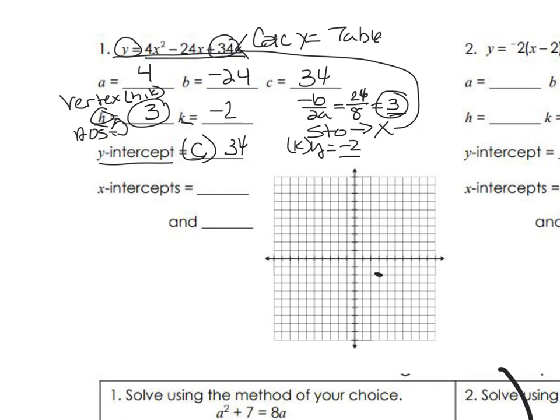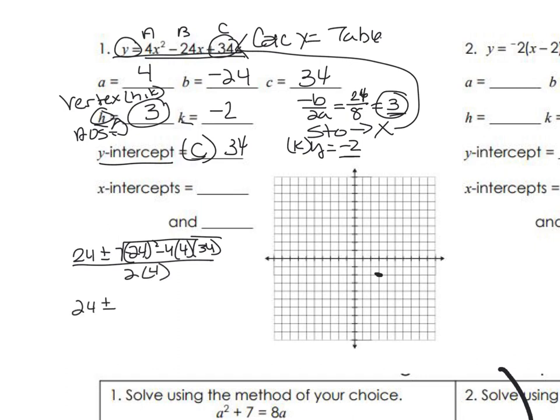So A, B, and C. So negative B, so 24, plus or minus the square root of negative 24 squared minus 4 times 4 times C, all of that divided by 2 times A. So we get 24 plus or minus, and the discriminant ends up being 32, over 8. So 24 plus or minus